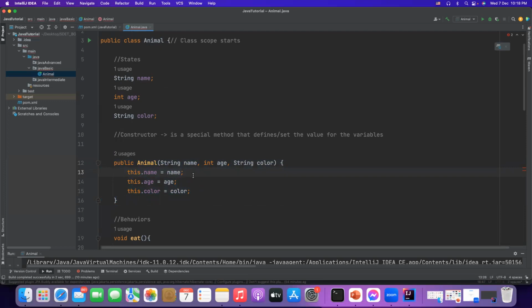But still, we have to differentiate this name and this name. This name is inside class and this name is inside method. This age is inside method. But this name, age, color is not this one. So to differentiate in Java, we have the this keyword. You see this. So when I am saying this dot name,